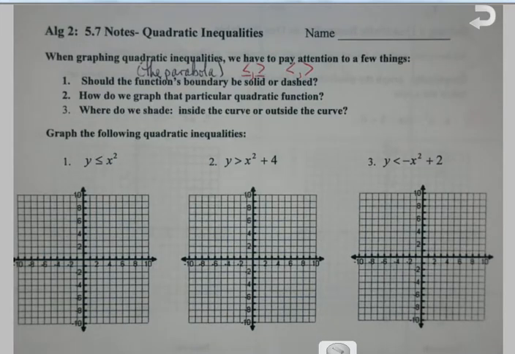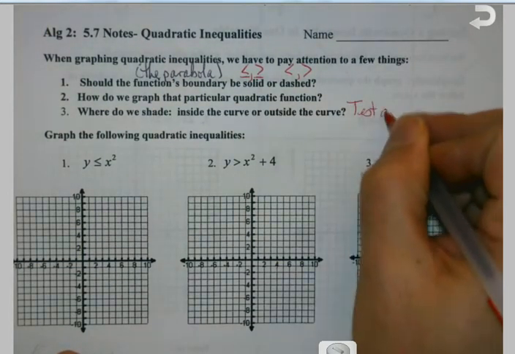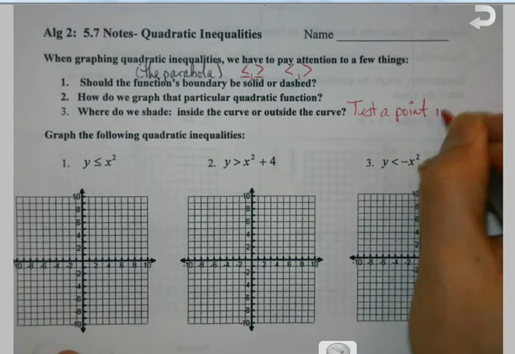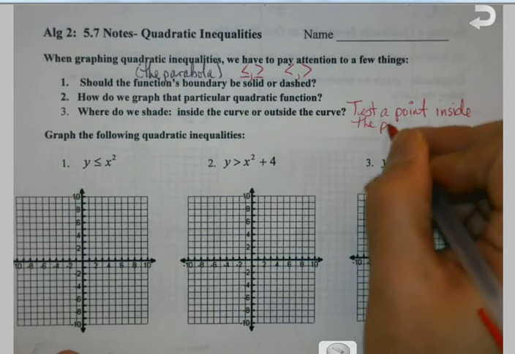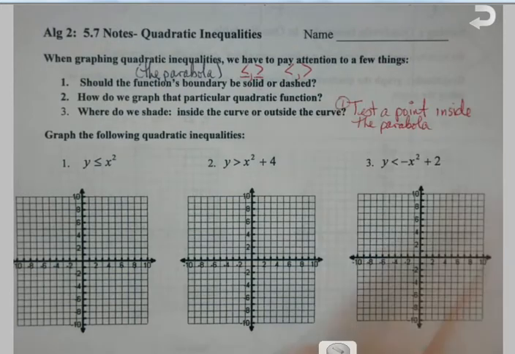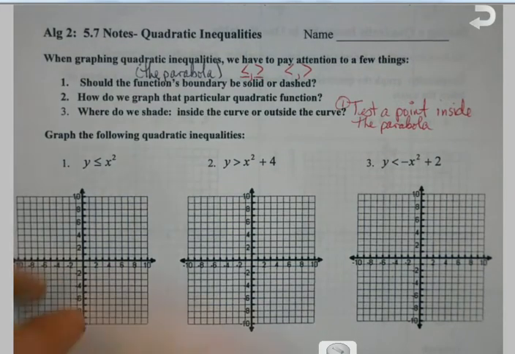We'll get to that. And then where do we shade? Because some of you like to color, you get to color with this. Where do we shade, inside the curve or outside? And what we're going to do to figure that out is we're going to test a point inside the parabola. And I'll talk about that once we do it on this first one. I'm going to test a point, and once I've tested it,